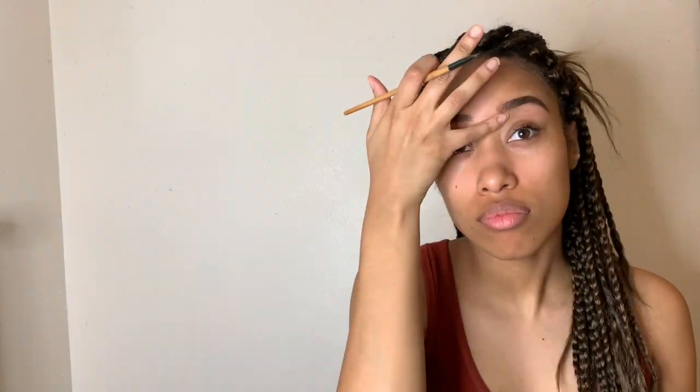I'm starting with my Photo Finish NYX primer all over the face, and then I'm going to jump right into what I do with my brows. So we are going to use the Anastasia dip brow in the color Ebony. I like my brows to be a little bit darker, so that's typically what I choose to use. And yeah, I do them pretty quick. I typically don't even